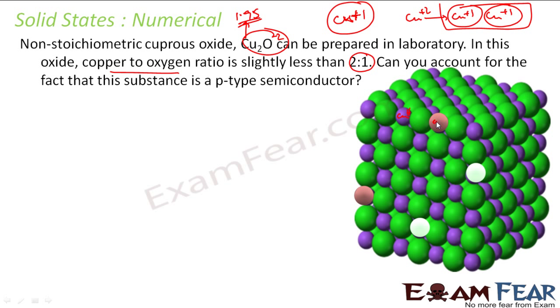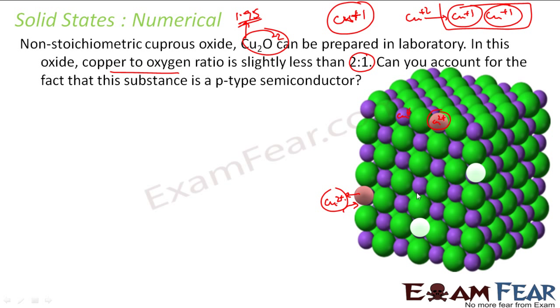That means there are some copper plus 2, this copper plus 2, which is removing 2 copper plus 1 and creating 1 deficiency. Here also this copper 2 plus has kicked out 2 Cu plus 1. It occupied one's position and the other is vacant,